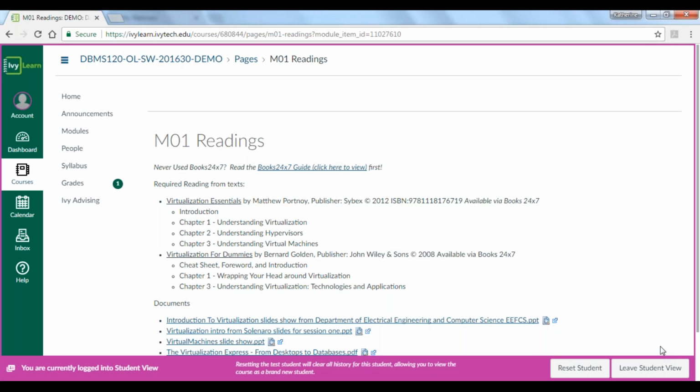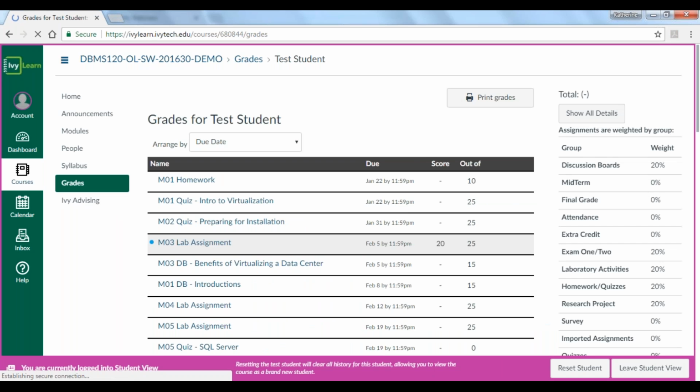The next thing I want to do is go into the Grade Center, because right now we're very quickly approaching that no-show withdrawal period, which is our Milestone Two in the IVYC112 class or meeting space. So one of the things I would like to point out to you is you can go into the Grade Center, and both students and faculty access the Grade Center in the same way. It automatically recognizes your role in the college. So I'm still in student view, so this allows me to see the students, all my grades in this particular course. This is the graded or the student's view of the Grade Center. I'm going to leave my student view.